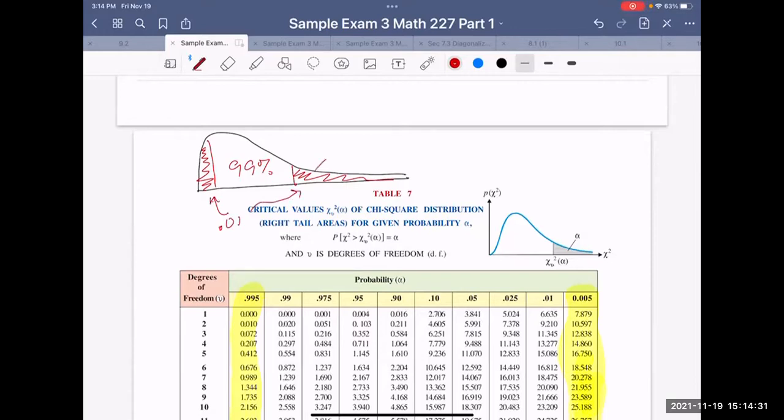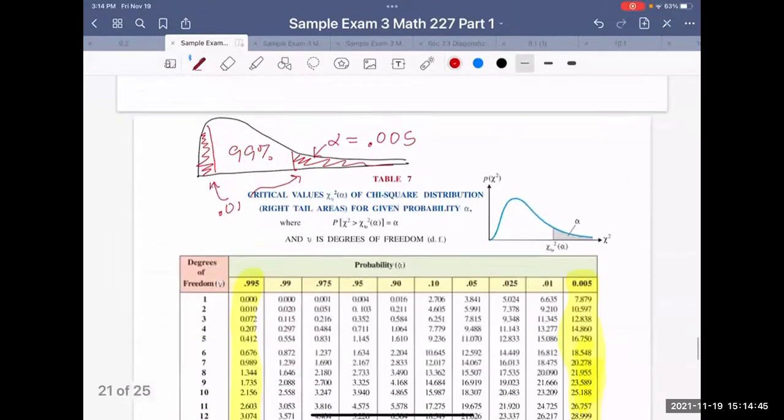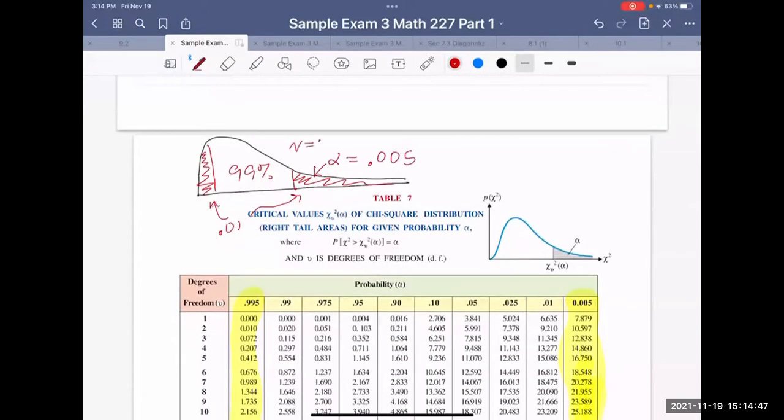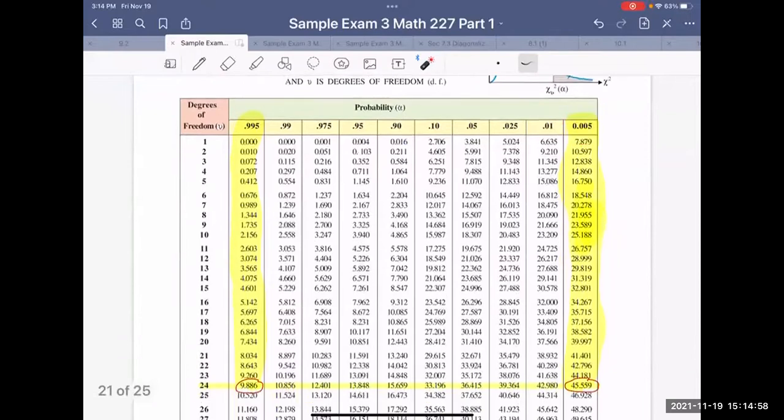Therefore, for each of these tails, we have half, 0.005. My degree of freedom is 24. So I have that my right tail is 0.005, and my degree of freedom is 24. And so my critical value is